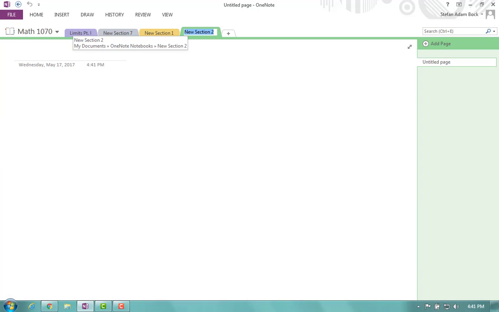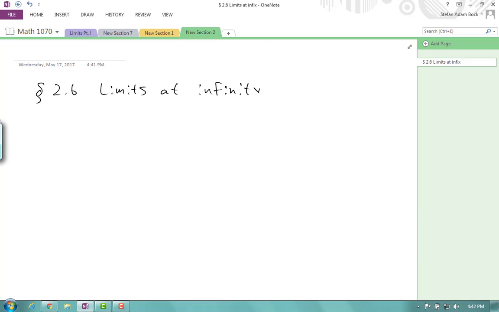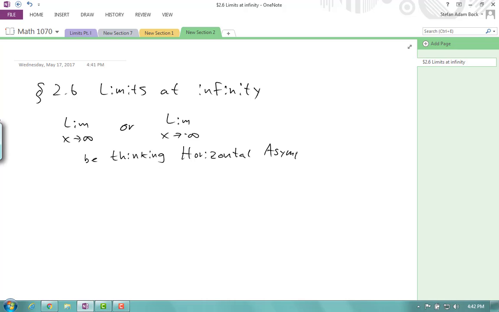For our final section, we have limits to infinity, which you should be always equating in your mind as horizontal asymptotes. So what I mean by that, whenever you see the limit as x goes to infinity, or the limit as x goes to minus infinity, you should immediately be thinking horizontal asymptotes. Now, when I have a rational function of polynomials, pre-calculus has given me a nice little shortcut for this. Suppose I had